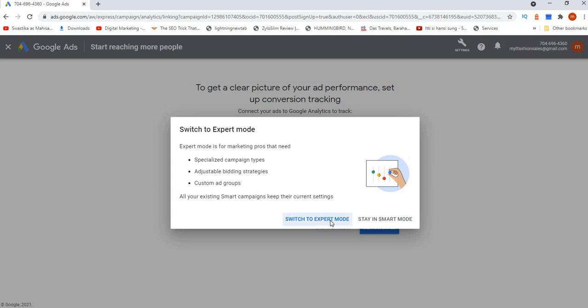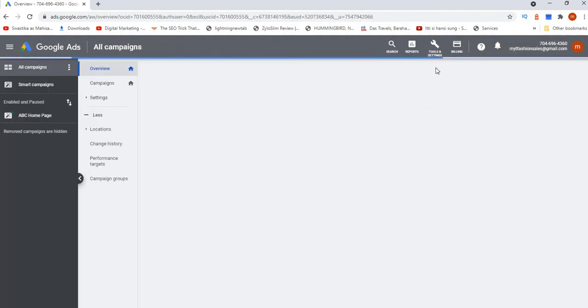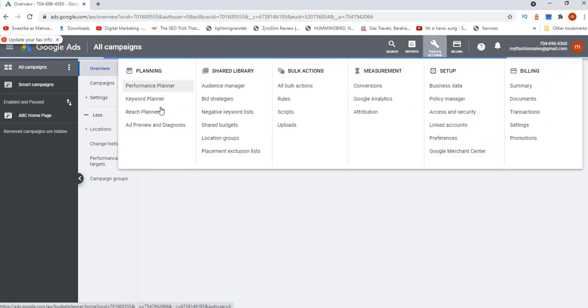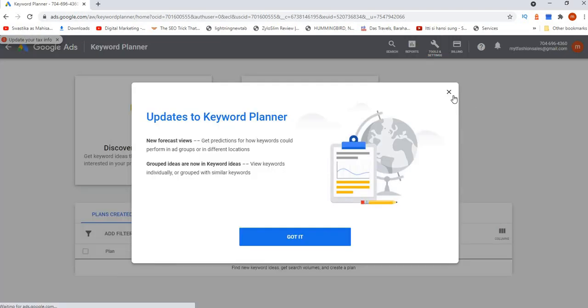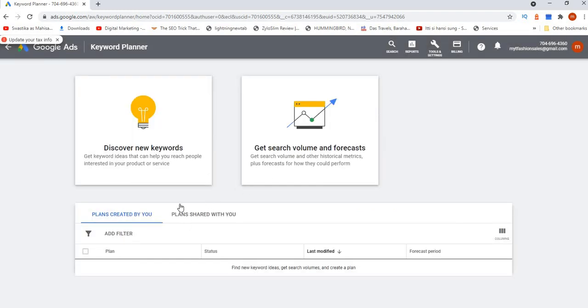Tools and settings. From here you get the keyword planner. So you understand how we move to the keyword planner.